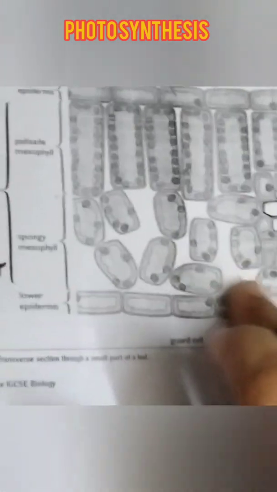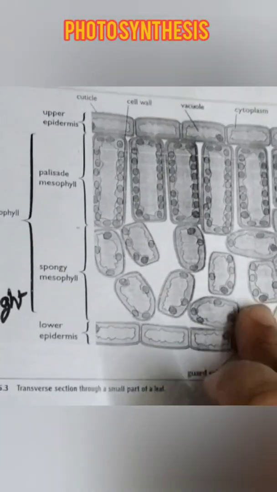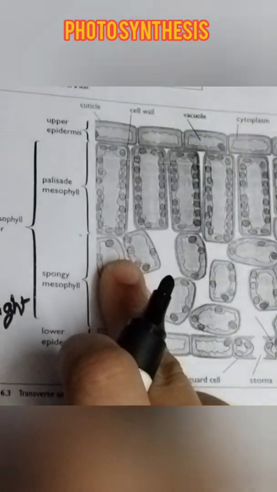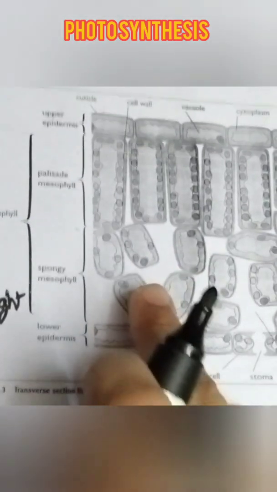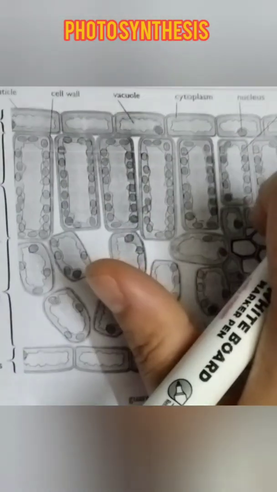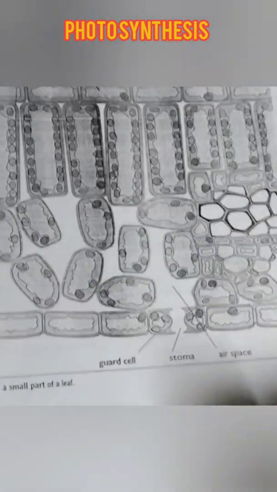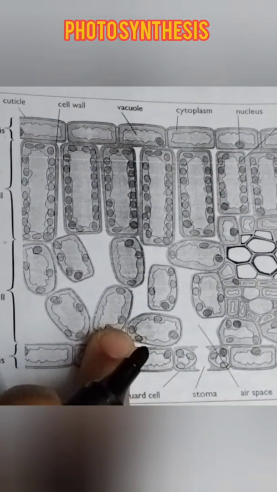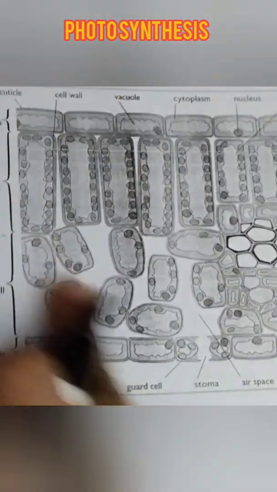Now see here, carbon dioxide enters through this stomata. There is an air gap, and this air gap is interconnected between the spongy mesophylls. So carbon dioxide enters from this place and reaches the particular mesophyll where the photosynthesis takes place. Now you can ask me the question, why does photosynthesis take place in the mesophyll? You can clearly notice here, the upper epidermis does not contain any chloroplast, and similarly the lower epidermis does not contain any chloroplast except the stomata. You have chloroplast present in the mesophylls. So always remember photosynthesis occurs where there is chlorophyll. This contains the chlorophyll. That is why photosynthesis occurs here.